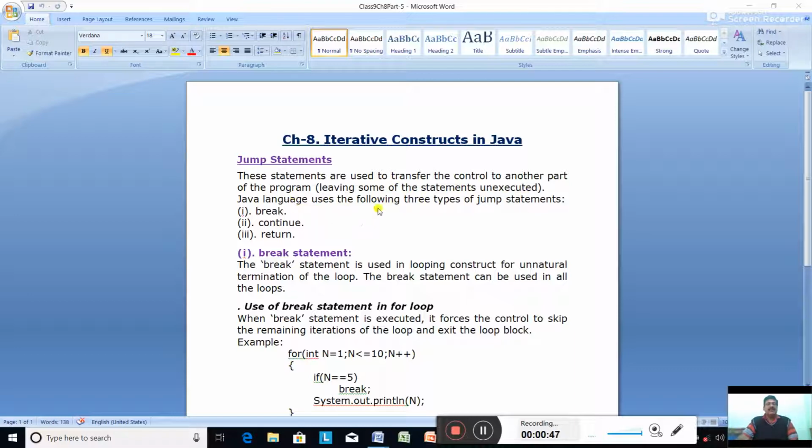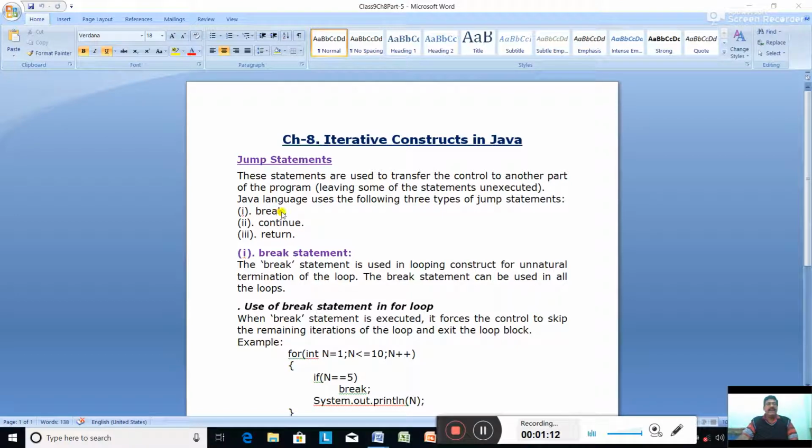Java language uses the following three types of jump statements: break statement, continue statement, and return statement. Break and continue we'll discuss in this class only, and return we will use in the function and method chapter in class 10.